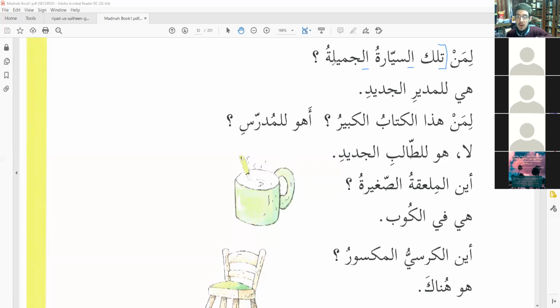If we straighten this whole thing out, both of these lines, we'll get Sifah Mawsoof in both the mubtada and the khabar. If we say, for example, تلك السيارة الجميلة للمدير الجديد. That's the full information that they're giving us here. We have a Sifah in the mubtada, we have a Sifah Mawsoof in the khabar. So in the past we said, for example, tilka sayyaratun, and that was simple. And then we've also said tilka sayyaratun jamilun.